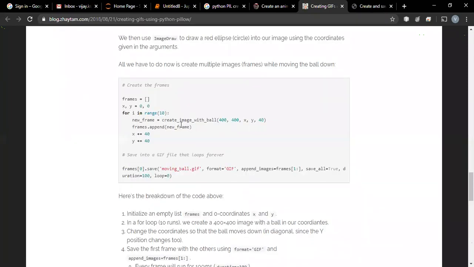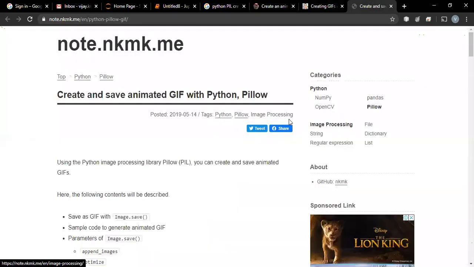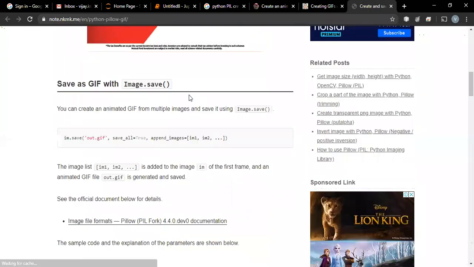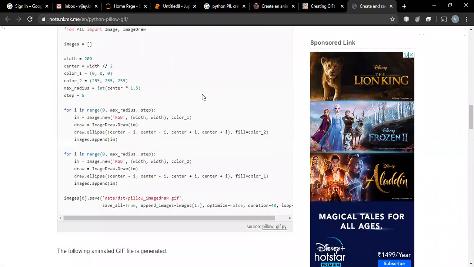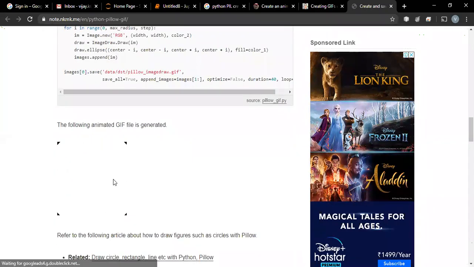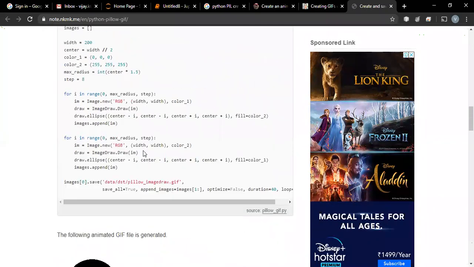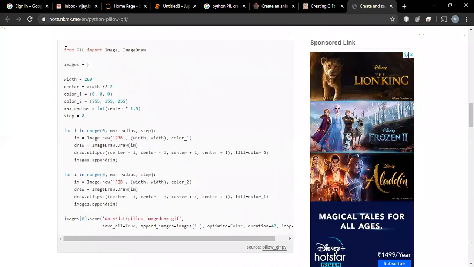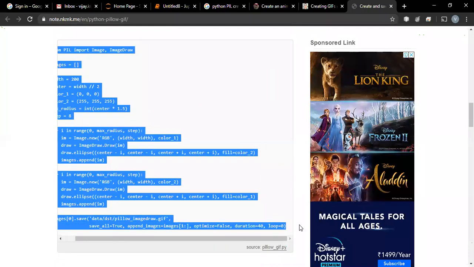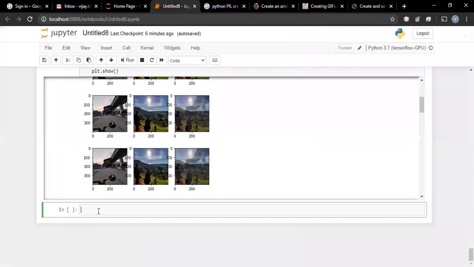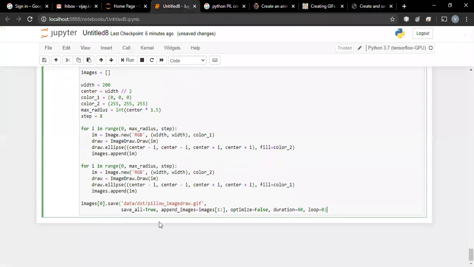So you're creating the image, and this is another part where they are giving such kind of effects. So let us go with this code. First, I'll run the code, and then we'll understand the code.